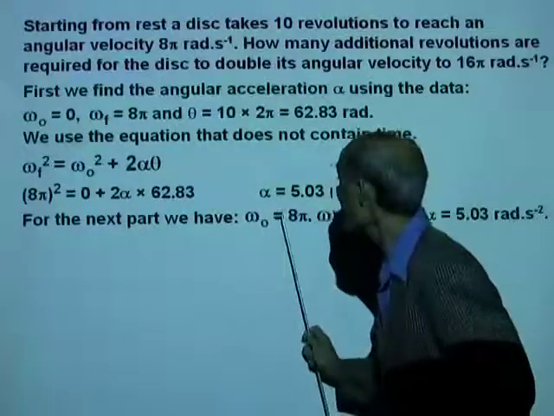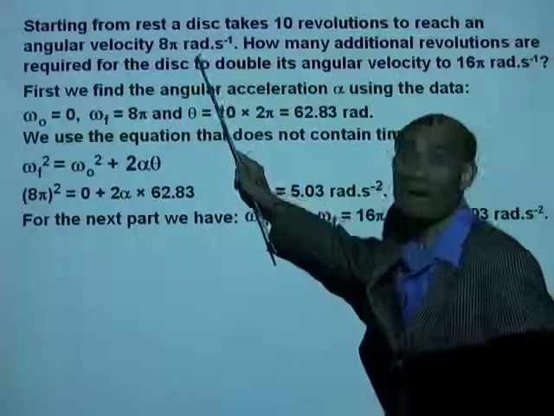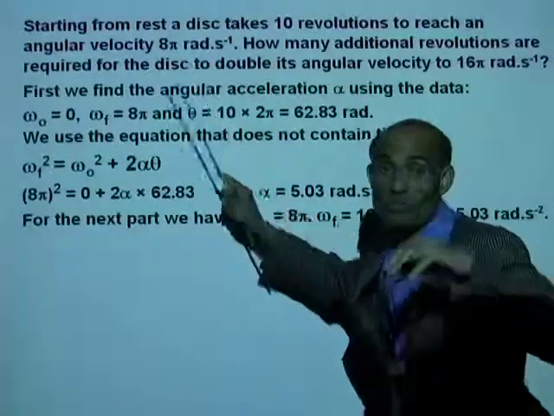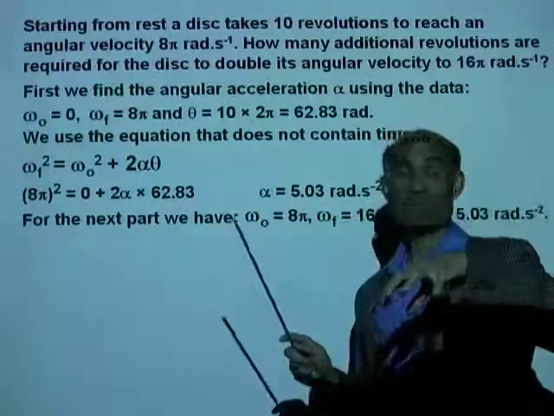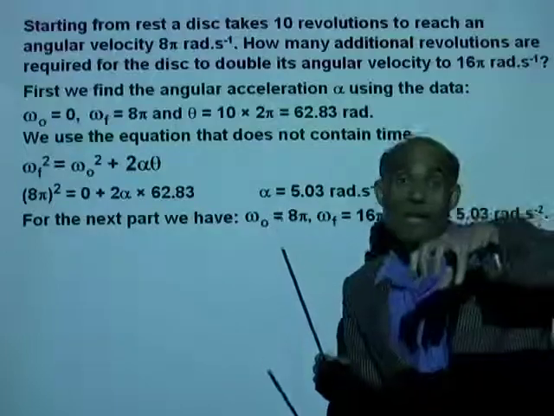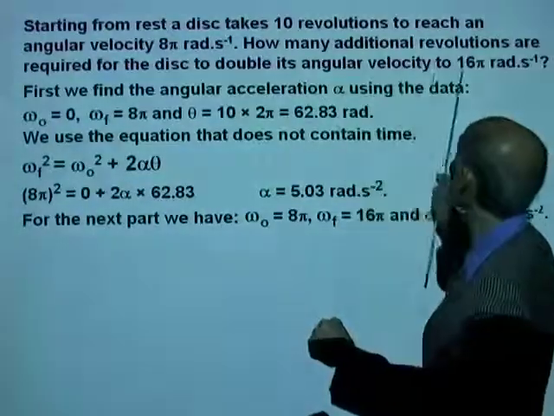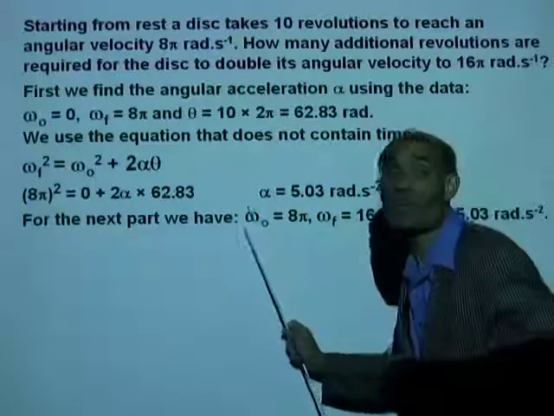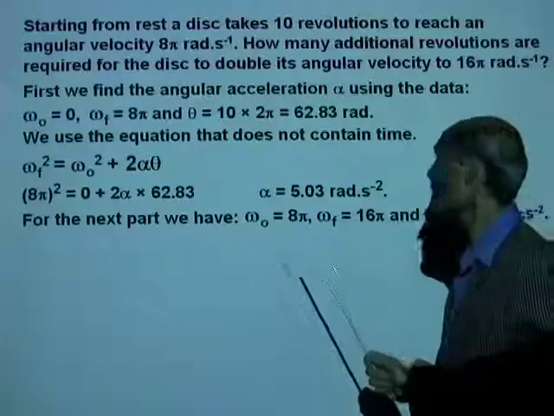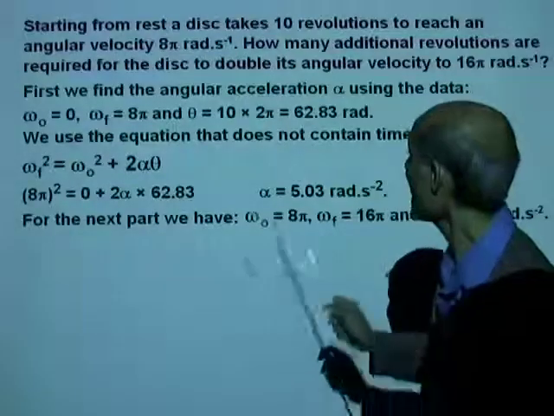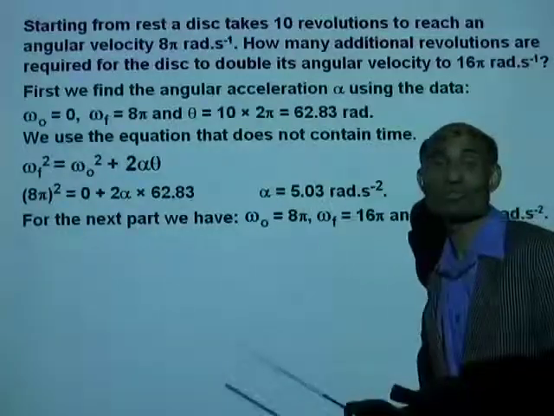We have now completed the first part. The disk has an angular velocity of 8 pi radian per second. Now from 8 pi, its angular velocity is going to increase to 16 pi. So we will say omega 0 is 8 pi, omega f is 16 pi, and angular acceleration is 5.03 radian